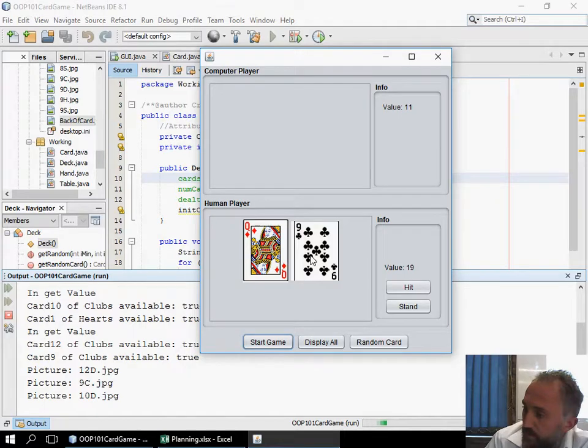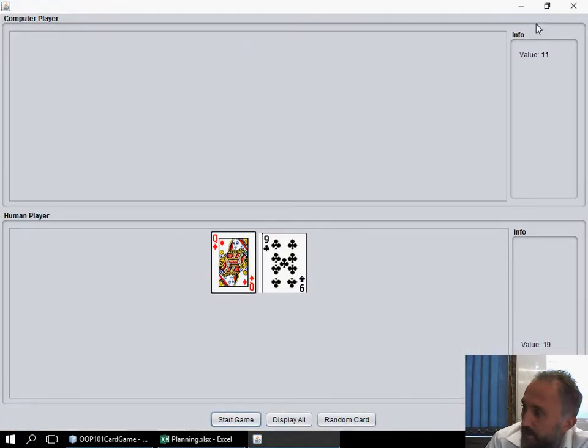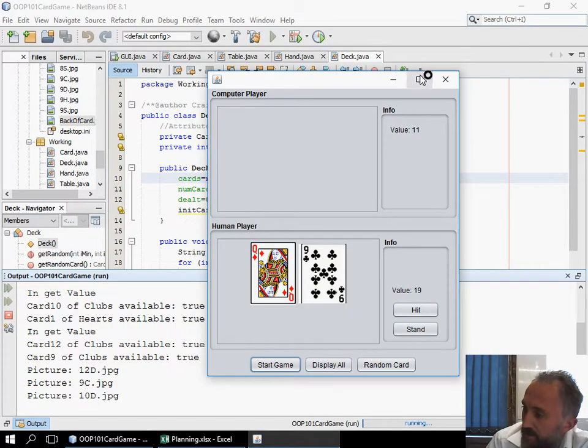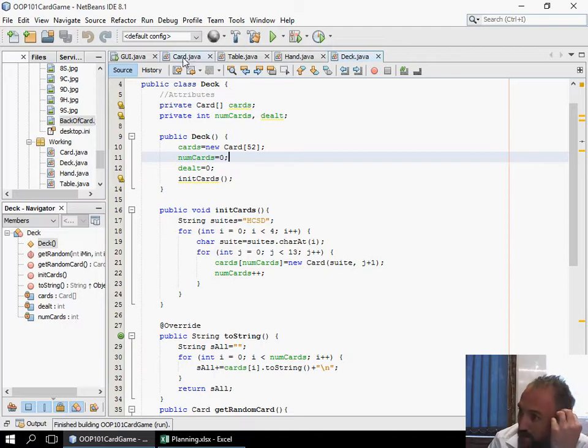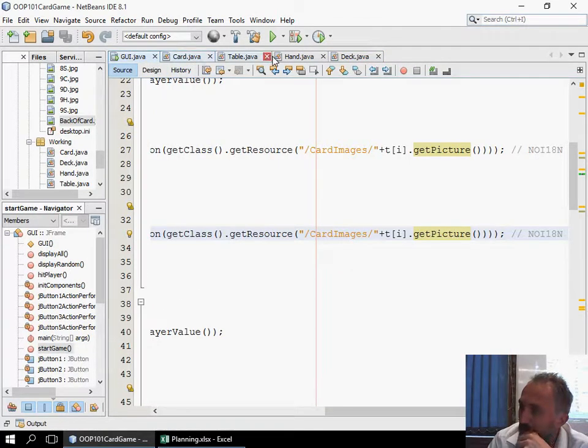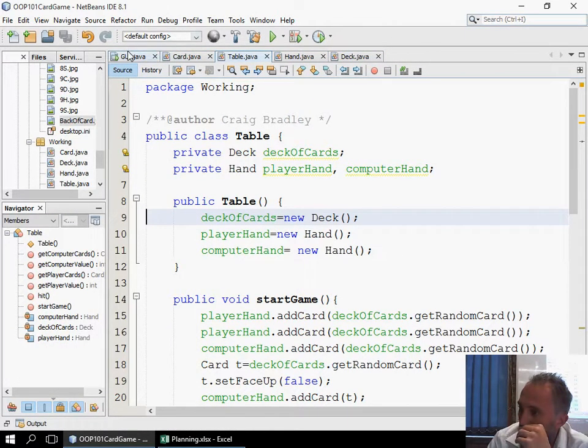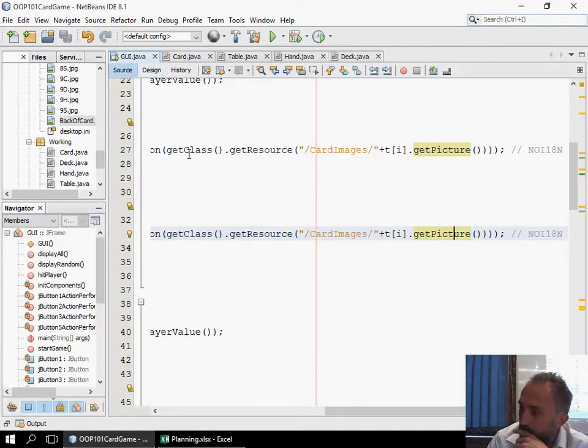I have successfully put the queen and the 9 there, but you'll see that there are no values inside the panel, and there are no error messages either. So now we're going to have to try to troubleshoot what's happening here, and I do believe I know the problem already. Some of you at home would have already figured it out because I've been a bit stupid on this. Is in my